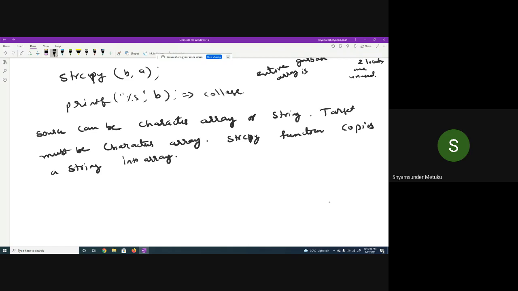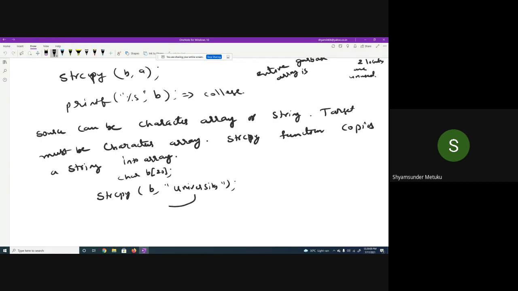So it is something like strcpy where B is an array of characters, and I can simply write university. Is it allowed or not? Provided I have char B of 20. What is going to happen?